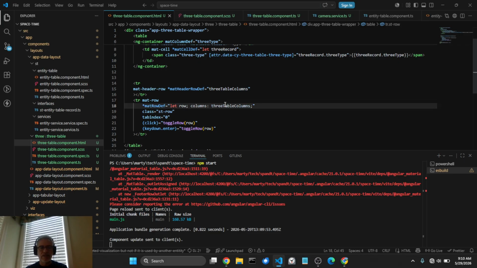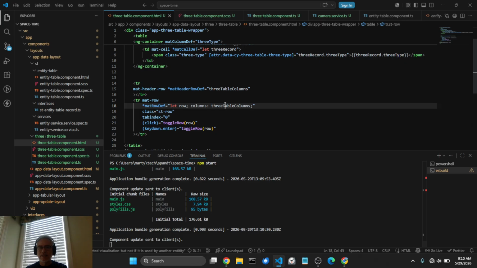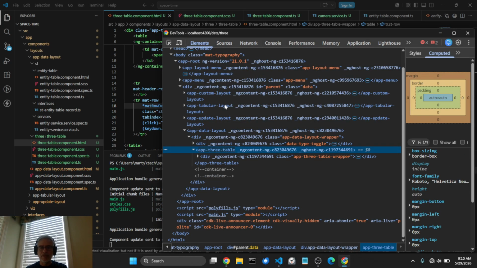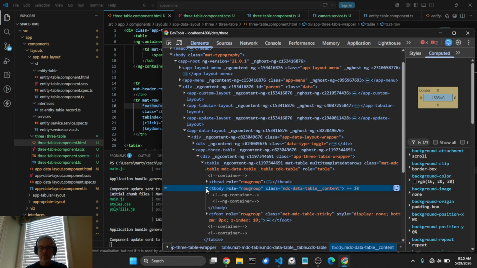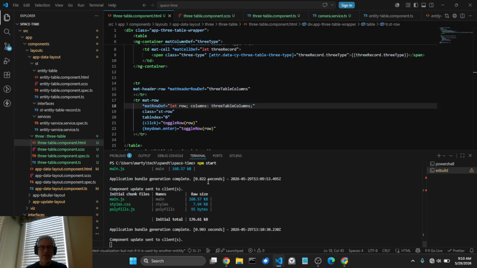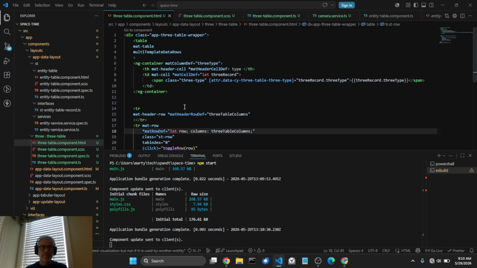So I hit save again. It says it's rebuilding again, so maybe we had something. We can start straight here, 3 table. Yeah, we still have 2 empty containers. We have our row, we have our header, but